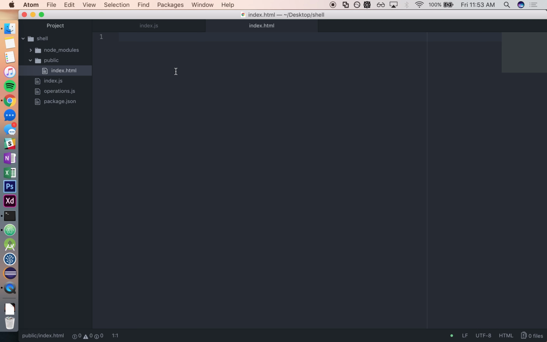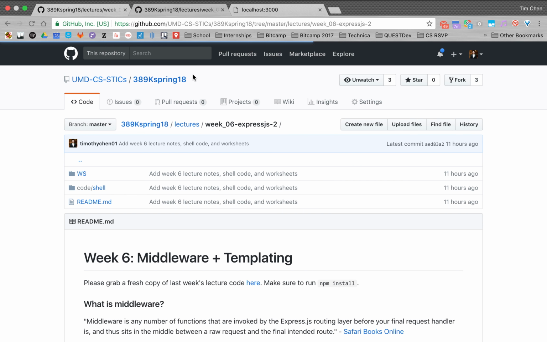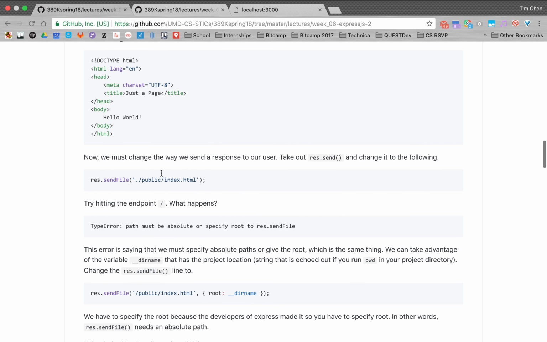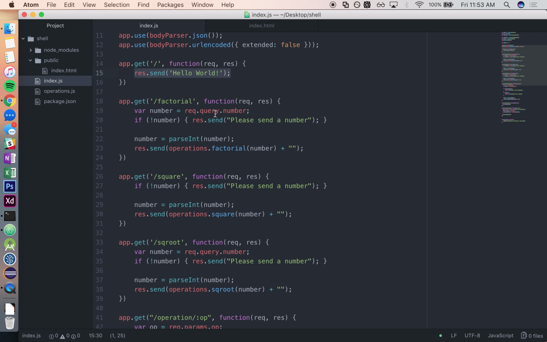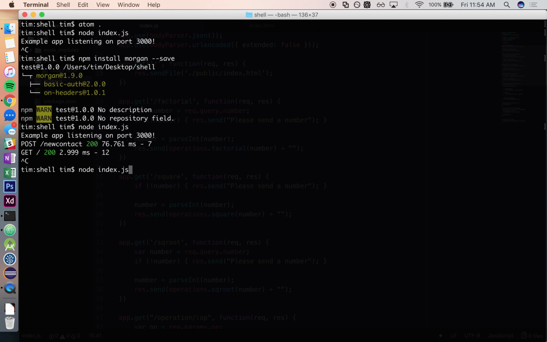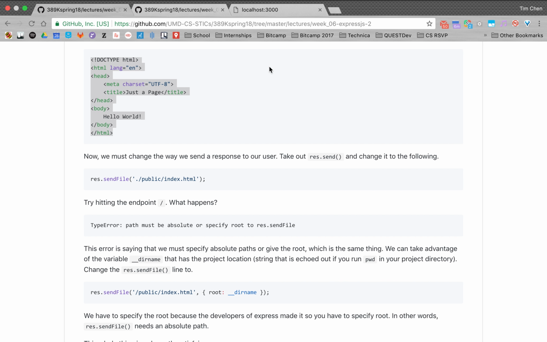Cool. So in here, I'm actually going to copy over the code from our lecture notes right here. Cool. So the title is just the page, and then let's do like yay win for the body just to make it different. And then instead of doing res.send, we're going to do res.sendFile. And then of course the path to it is public index.html. Sure. So now we're going to restart our server, and